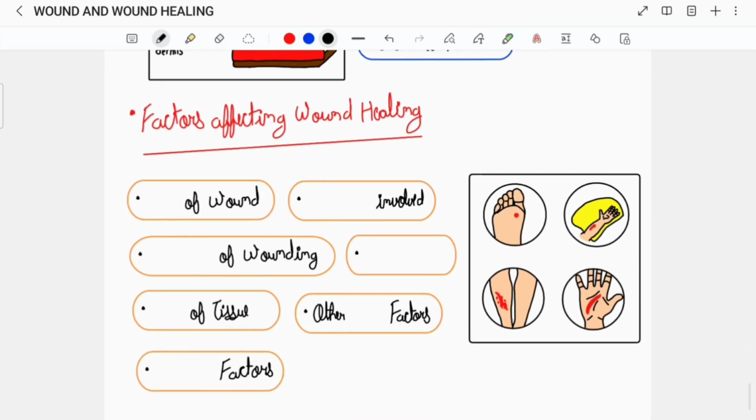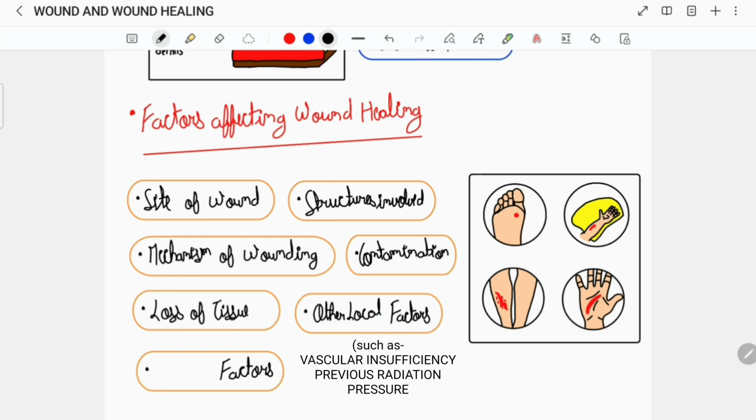Factors affecting wound healing can include site of the wound, structures involved, mechanism of wounding, contamination, loss of tissue, other local factors such as vascular insufficiency, previous radiation and pressure,